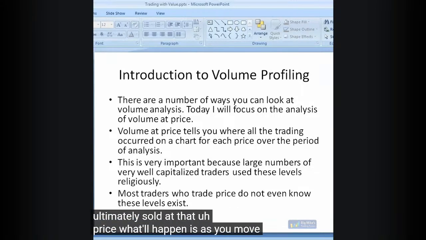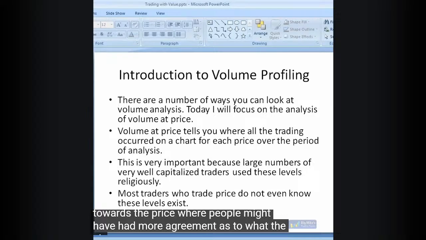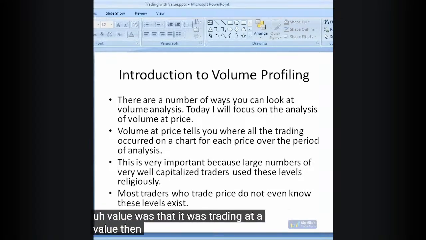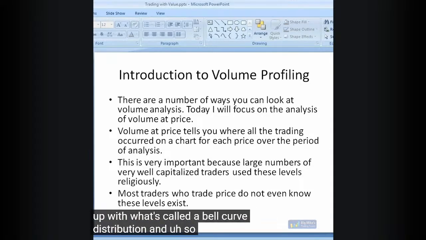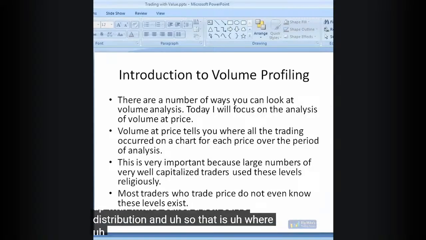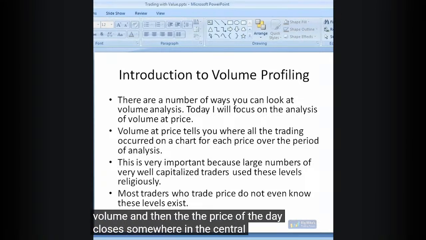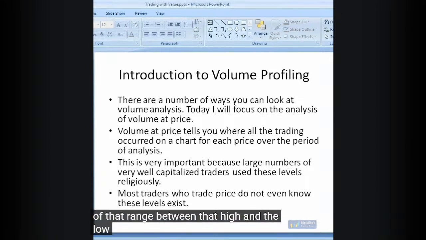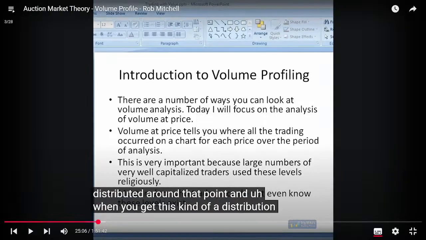What will happen is, as you move back towards the price where people might have had more agreement as to what the value was, that it was trading at a fair value, then at that point there will be more volume. And what you end up with on many days, and today is an example of this, is what's called a bell curve distribution. That is where the high and low of the day have low volume, and the price of the day closes somewhere in the central part of the range between the high and the low, and the distribution is curved around that. It's evenly distributed around that point. And when you get this kind of distribution,